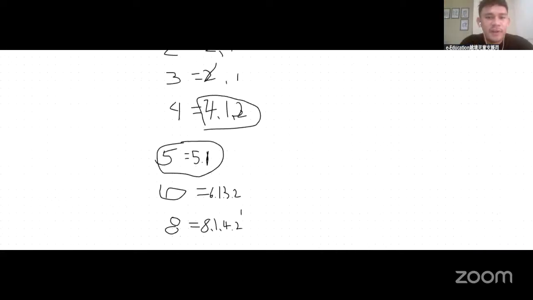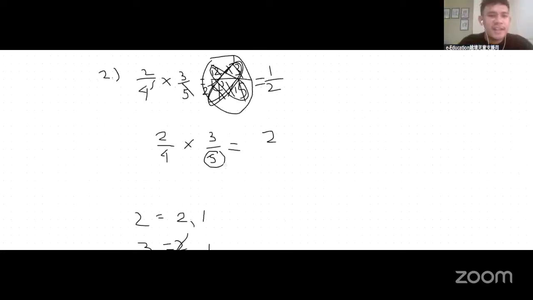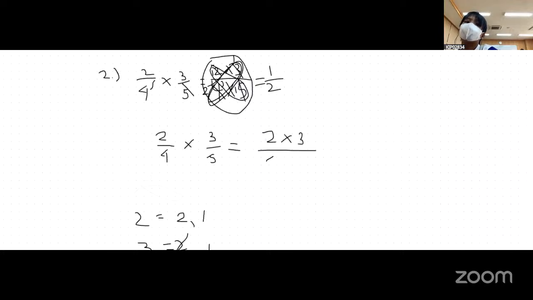Okay, there we are. So since we cannot factor it with each other, we cannot divide it anymore. We just continue: two times three over four times five. Now, can you do this? So two times three is